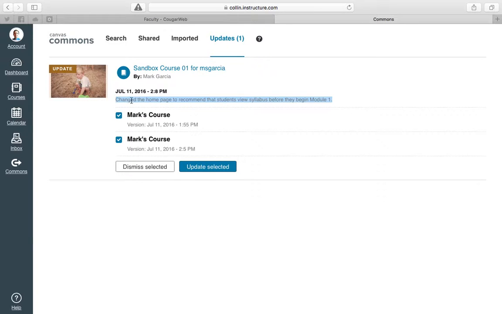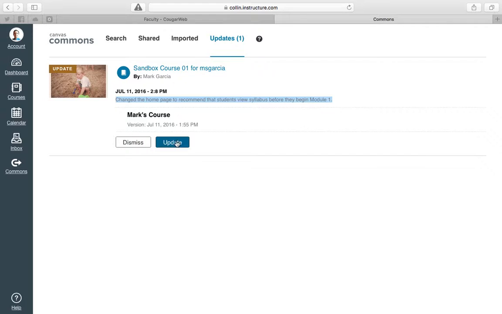So you'll notice, here's the version notes that I can see here. These are the version notes, and this allows me to then decide, is this an update I want to implement? So if I do, and I agree with that, I'll leave one of these checked or both of these checked, and I'll click Update Selected. And then if I'm sure that this is what I want to do, I'll click Yes. Okay. So you'll notice that if I only have one update to make, I can choose to either dismiss it or update it. So it is going to take a little bit of time for the update to take effect, but let's